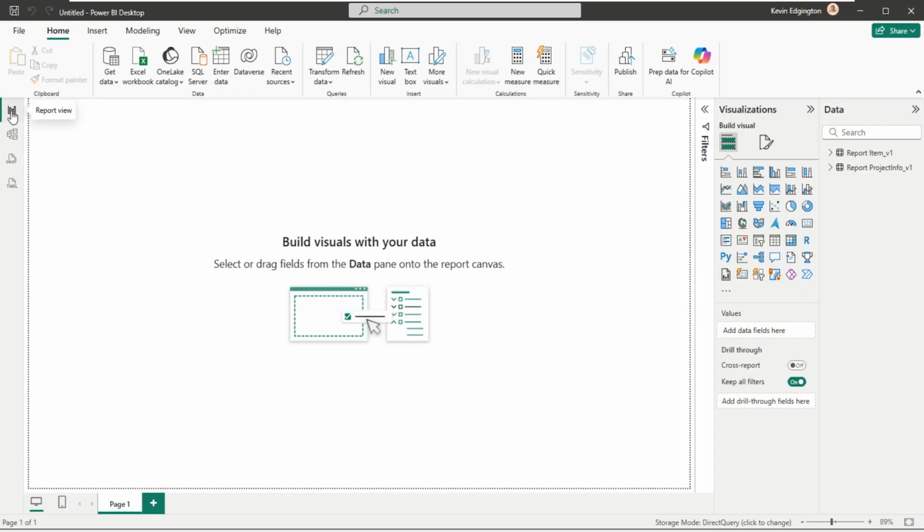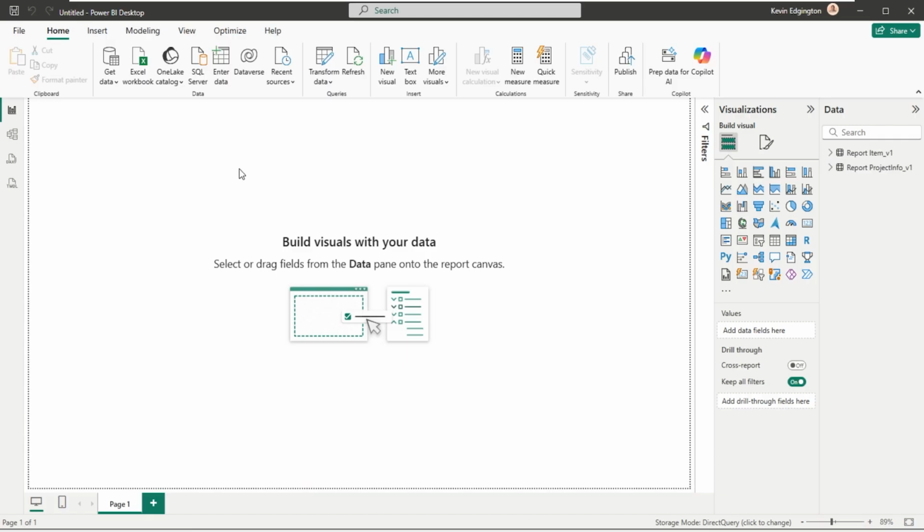I'm going to go back to the report. This is my report. These are visualizations, as far as little graphical things that you can drop in your report and then tell it how to feed the data. So that way, if I wanted to do bar charts and pie graphs and things of that nature, you could just drop it out there and tell it what fields it's going to use to sum up and all that good stuff. And then data is going to give me an opportunity to see all my different fields within these two different tables as I'm building up my report.